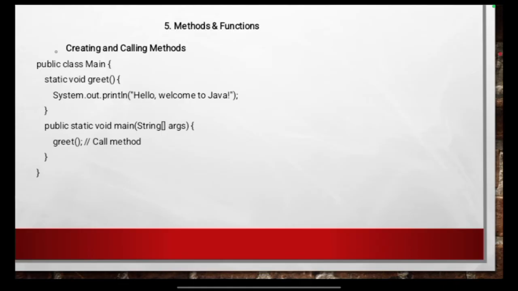Creating and calling methods. Public class Main { static void greet() { System.out.println("Hello, welcome to Java."); } public static void main(String[] args) { greet(); } }